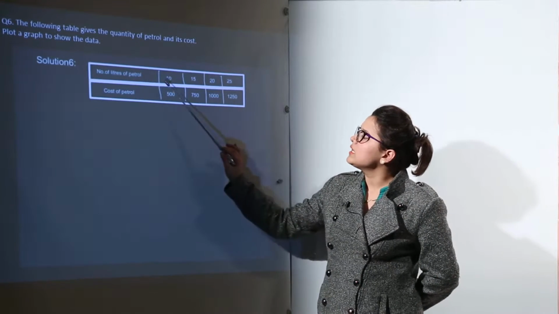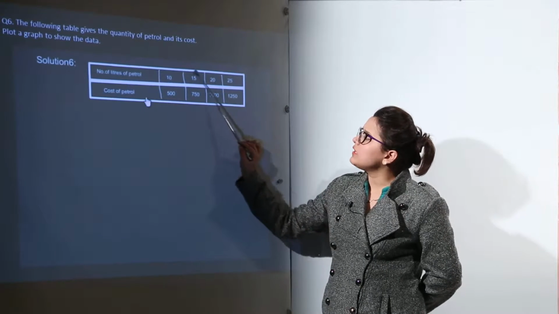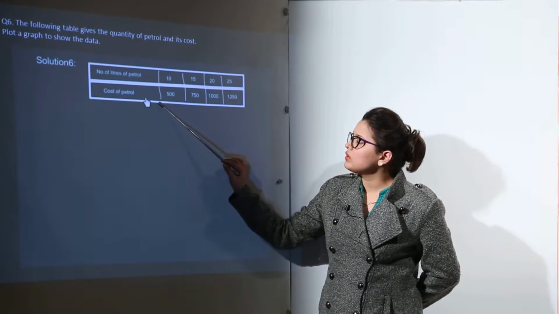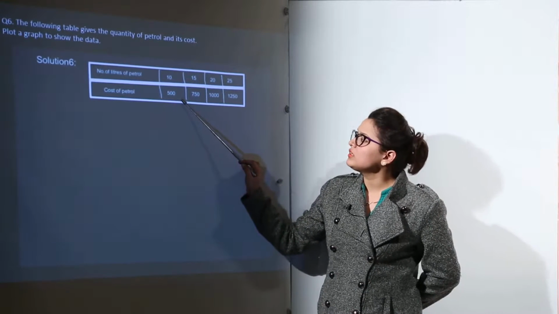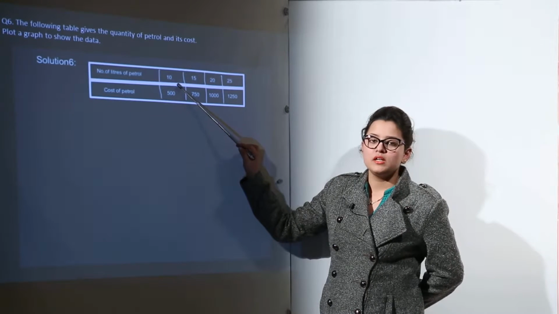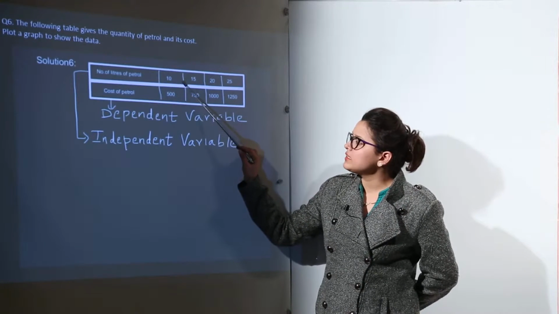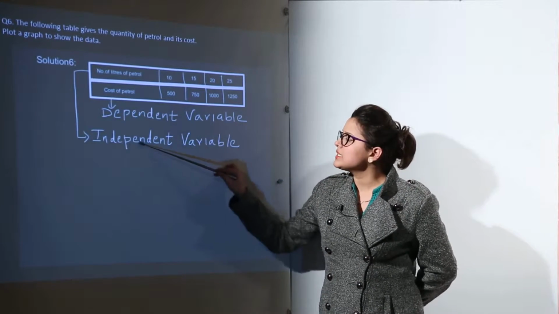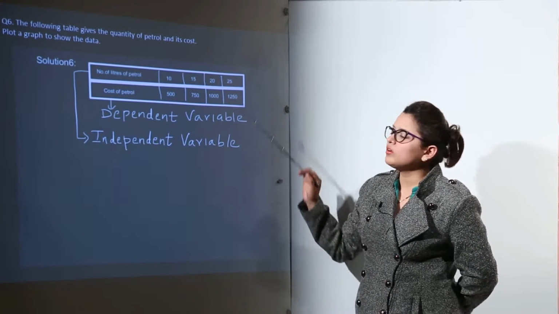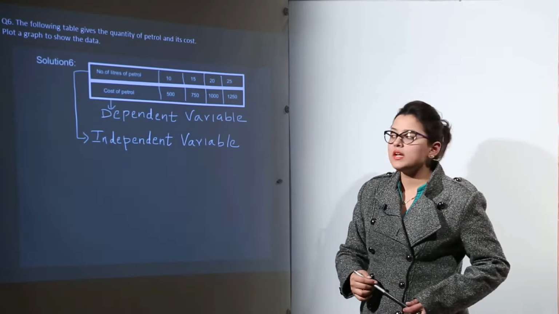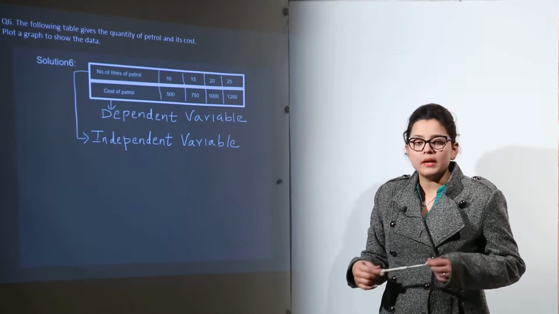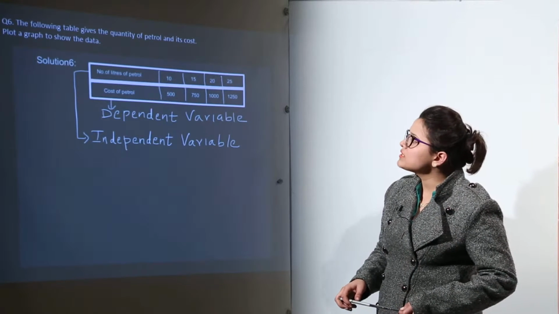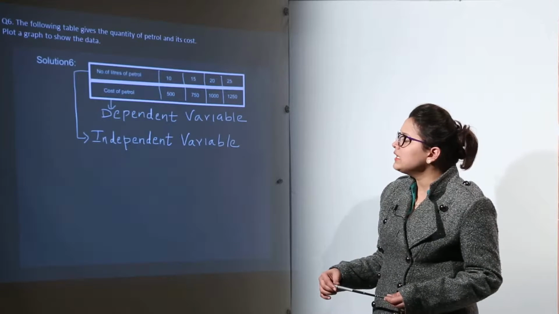Over here you can see the number of liters of petrol. These values are not dependent on anything, right? Whereas if you talk about the cost of petrol, this is dependent on the number of liters of petrol, right? How many liters are you taking? On that it is dependent. So these are known as dependent variables and the other ones will be known as the independent variables because they are not dependent on any other value, whereas the dependent variables are dependent on independent variables for their respective values, right? So that was the difference between dependent variables and independent variables.